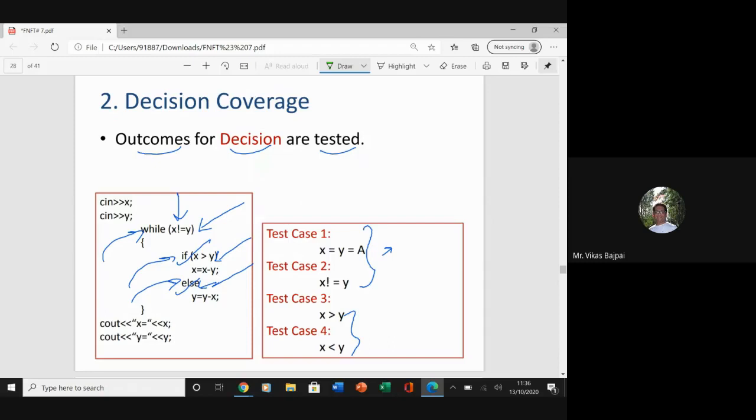Getting this part or not? Another very simple concept. See, I took a very small example. Test case one is not necessary.